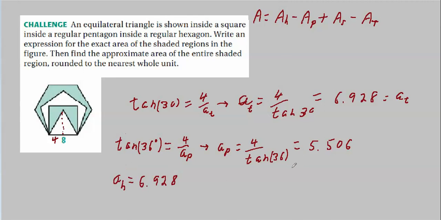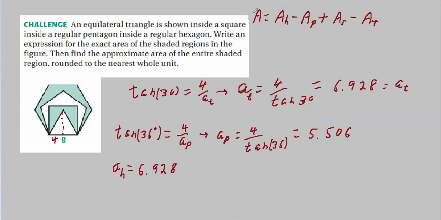Now, what we have to do is figure out A sub h, A sub p, A sub s, and A sub t, and then do some arithmetic. I don't like the way I just said that. I should have said capital A sub h, capital A sub p, and on down the line. These A's are the areas. These little a's down here are the apothems. If that's confusing, sorry. But we've got little a sub t, that's the apothem for the triangle. Capital A sub t, that's the area for the triangle.